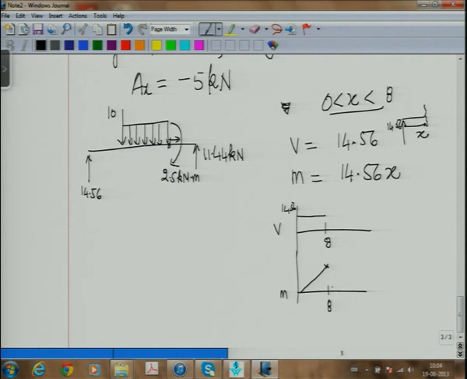Now, the second part, at 8 what happens? Two things are happening simultaneously at 8. There is a point force and we have a distributed section. Now, where does the distributed section continue till? Till 16. So, that means the next eventful point, so to say, in this distribution is at 16. So, that means now we will go from 8 to 16 because nothing else is happening in between. So, next will be from